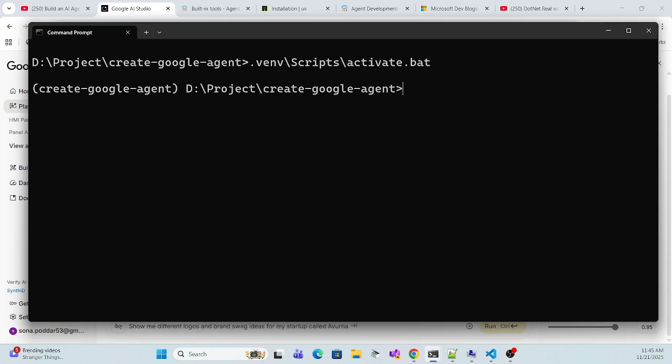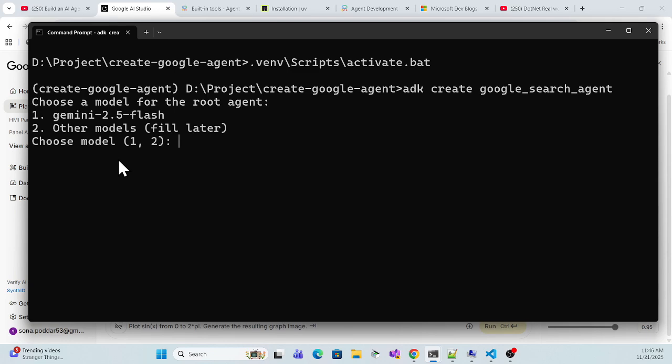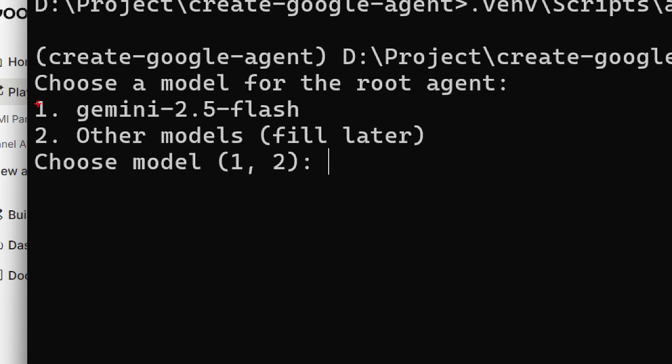Once your environment is created, now we have to create our agent. So how can we create an agent? It's simple. Once you install ADK, you can use ADK to create whatever agent you want. My agent would be the Google search agent, right? I think you can refer to it as just agent as well, not a big issue, but you can just keep it, and once you hit enter, it will try to create your agent. Now see, it is asking